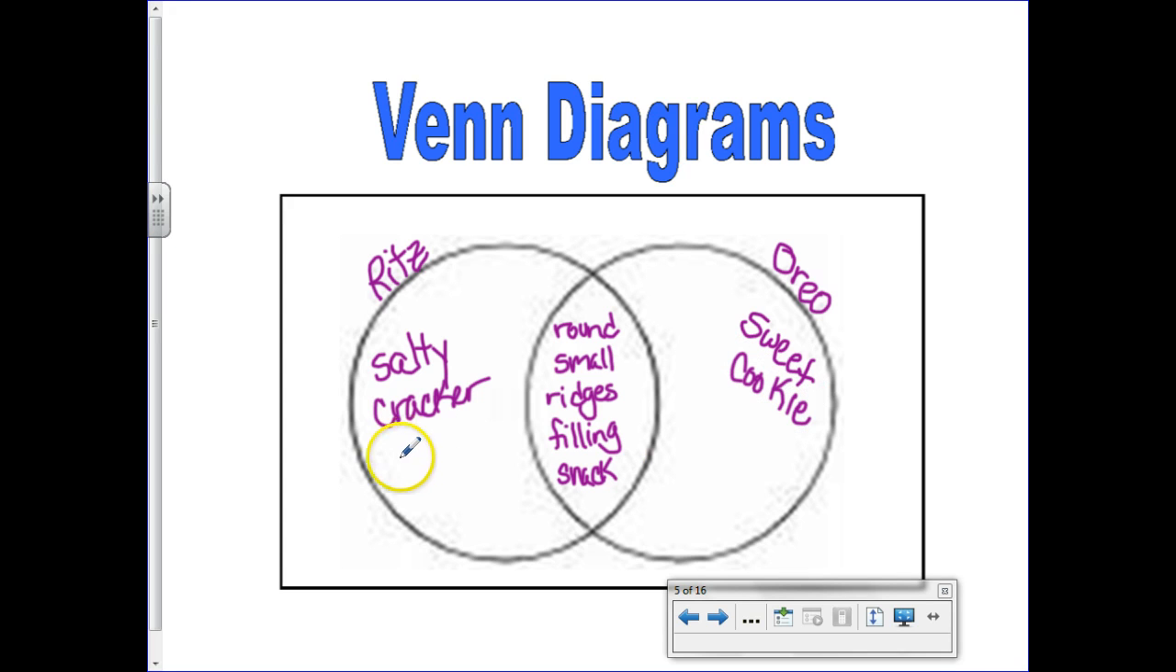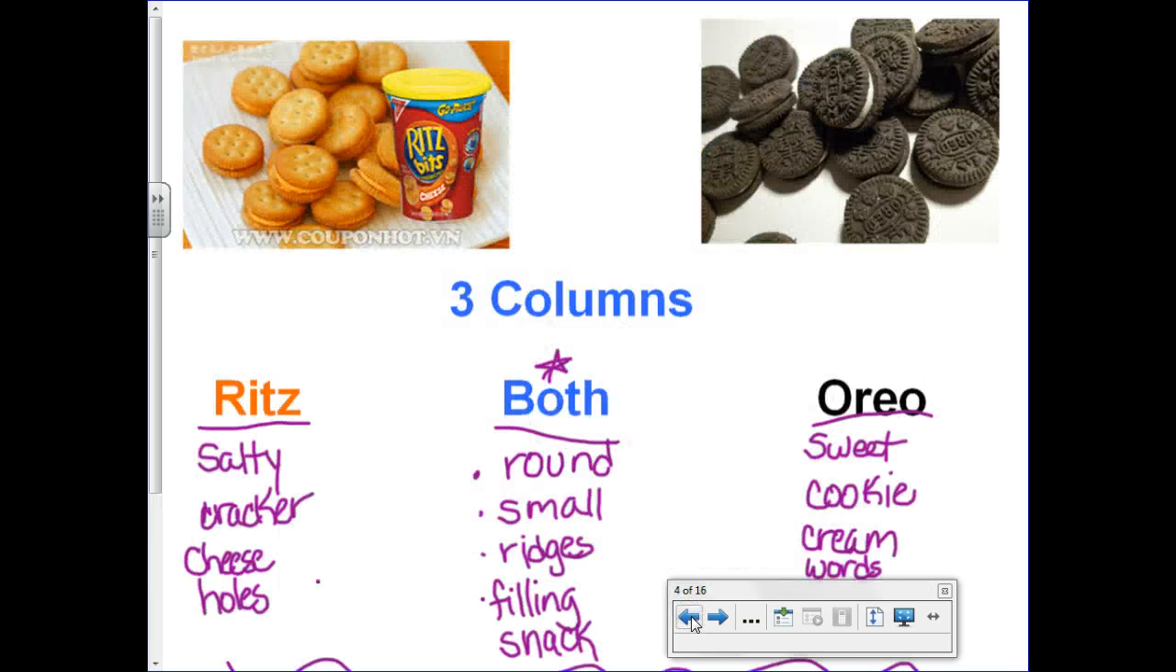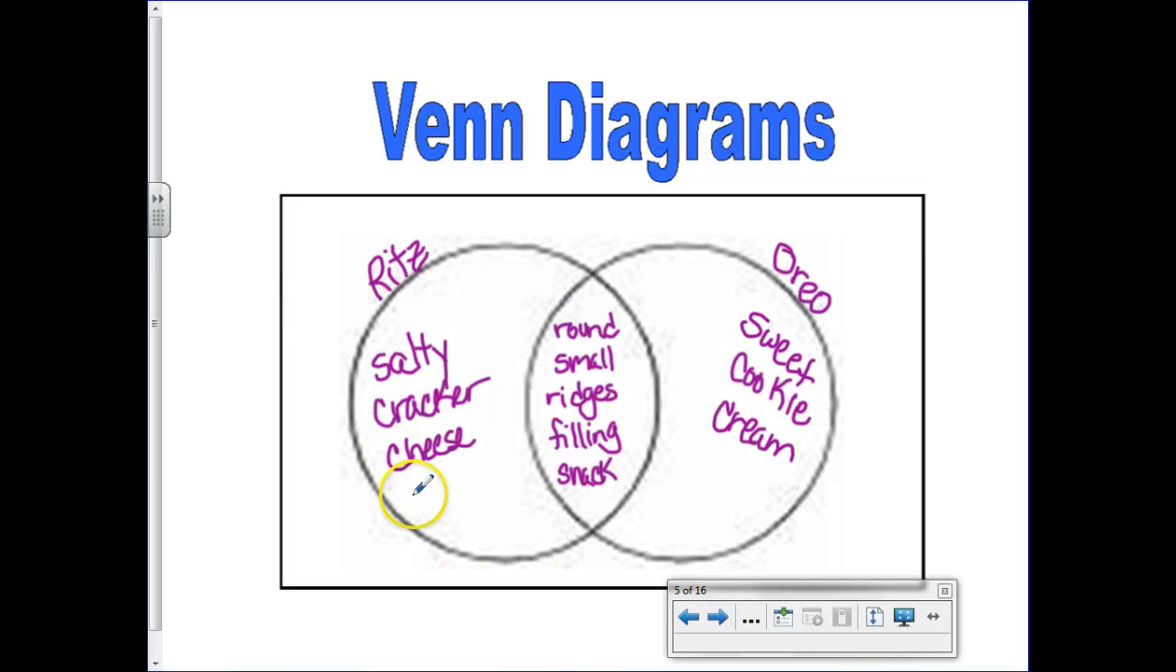The filling on the Ritz was made of cheese, and the Oreo had more of a creamy frosting type of filling. And let's see, what else did I have? Oh, that the cookies, or I should say the crackers on the Ritz, had some sort of holes in them, whereas the Oreo actually had some kind of pattern to it, and specifically actually had the word Oreo imprinted right